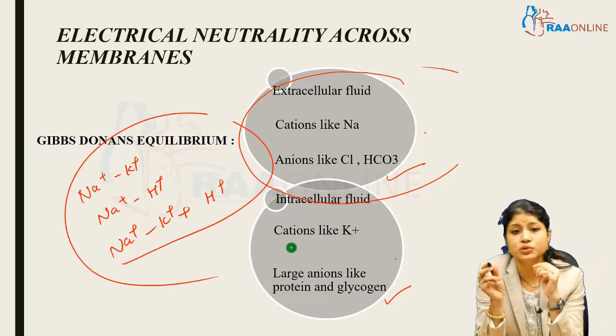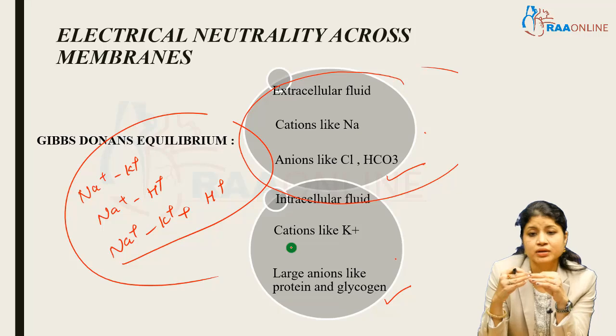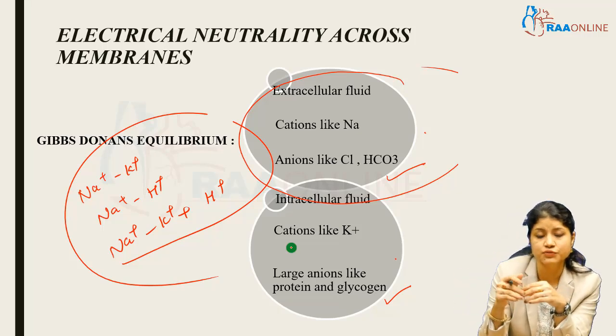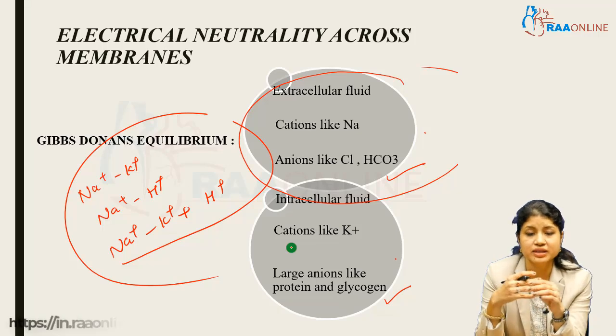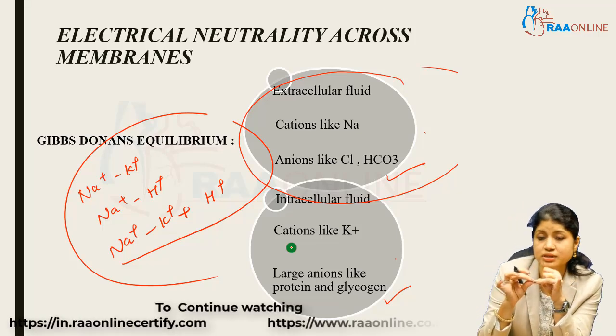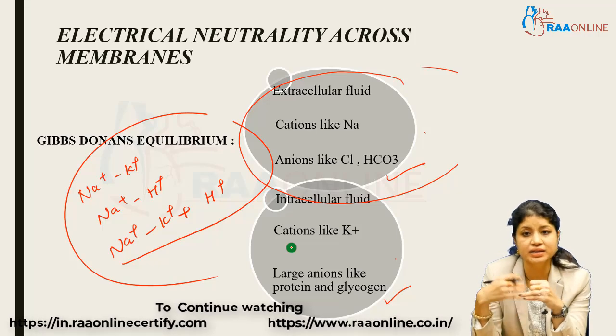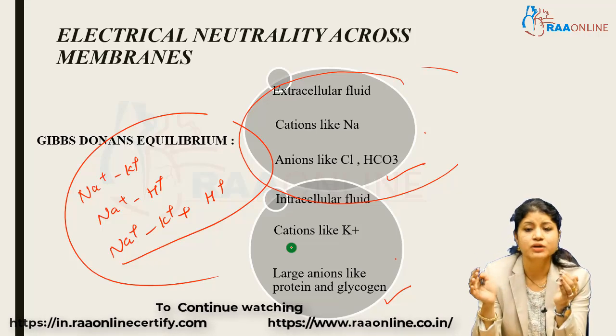So, this Gibbs-Donnan equilibrium states that the electroneutrality across your intracellular fluid and extracellular fluid is being maintained by these pumps. In addition to this, we always knew that there is some amount of oncotic pressure which is guarding these extracellular, intracellular fluid from entering into